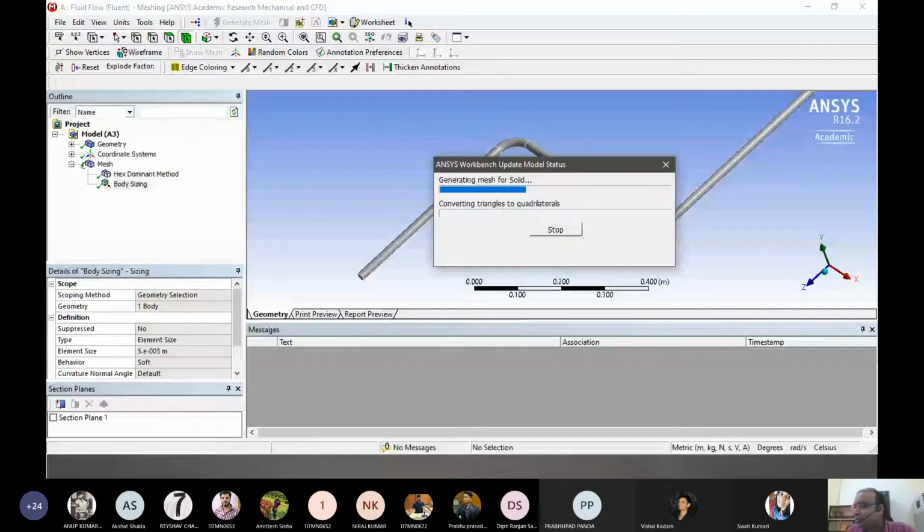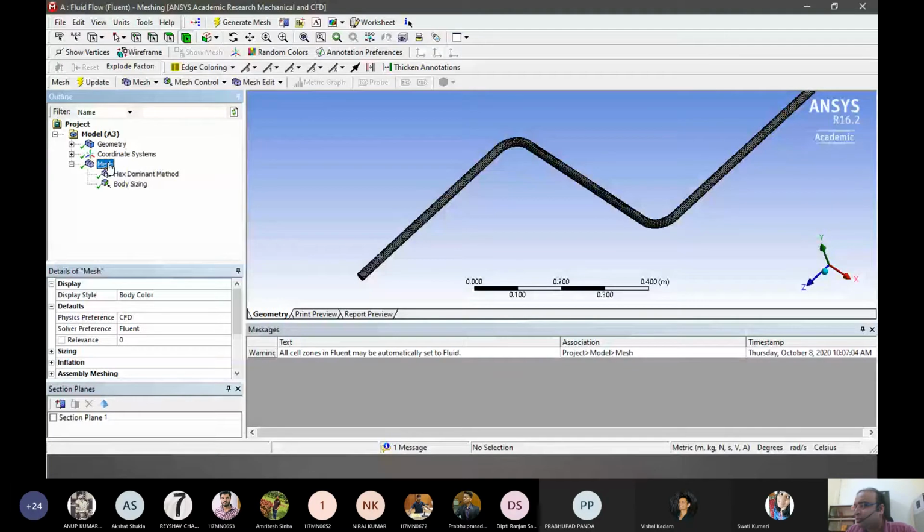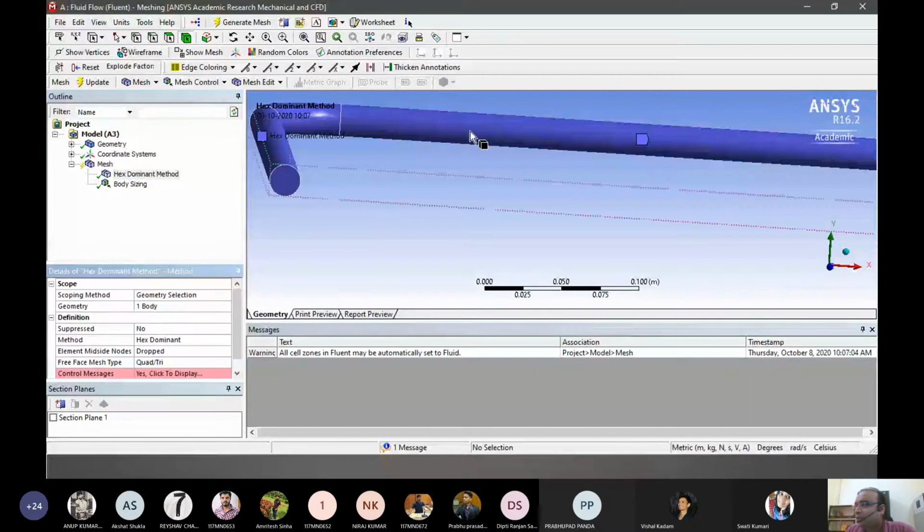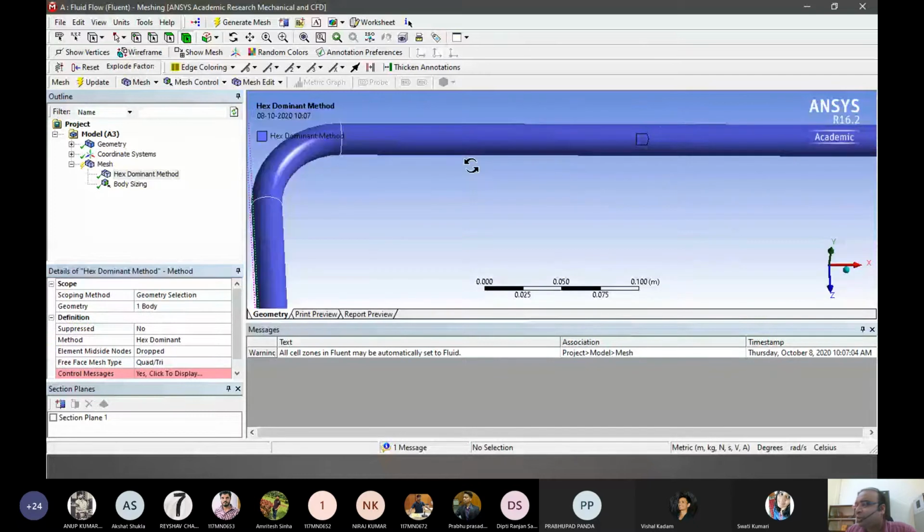So now the mesh is a bit finer, but now we have lost the center here, so we have to keep the center. Element mid-side nodes should be kept, and we want to give additional refinement on the edges.